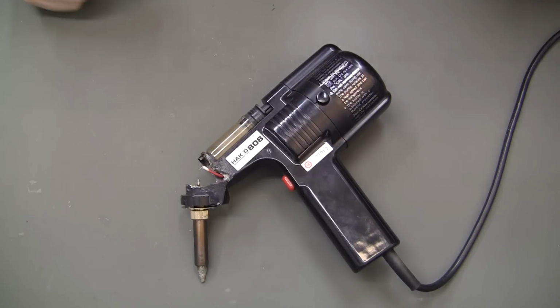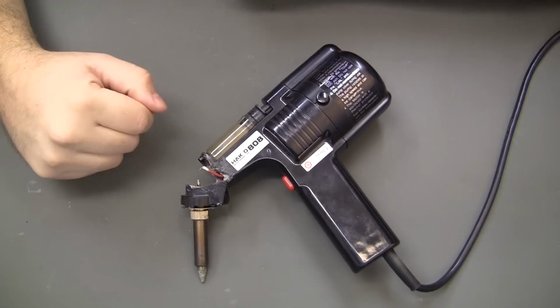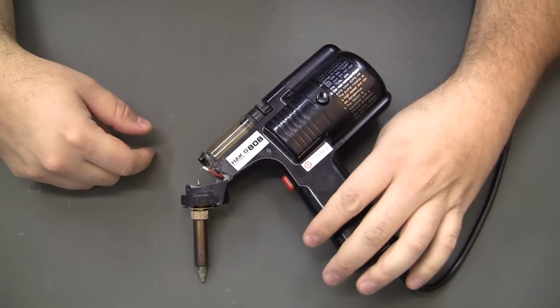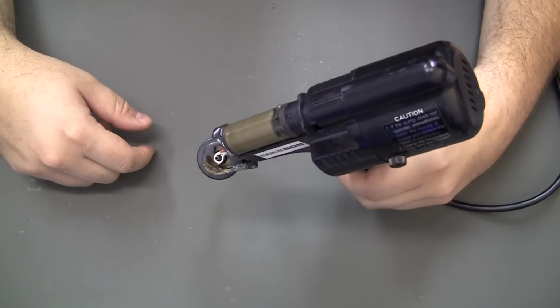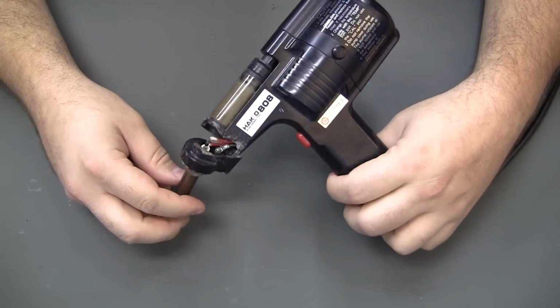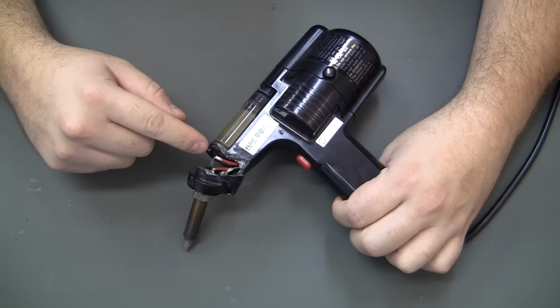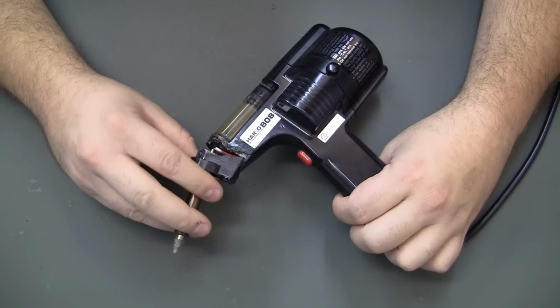Yes, my Hakko died a horrible death. This is just a symptom of the actual problem. The problem is I never had a good stand for it to keep it from falling onto the floor. So this is like the fourth or fifth time that it's fallen onto the floor, and it just keeps breaking